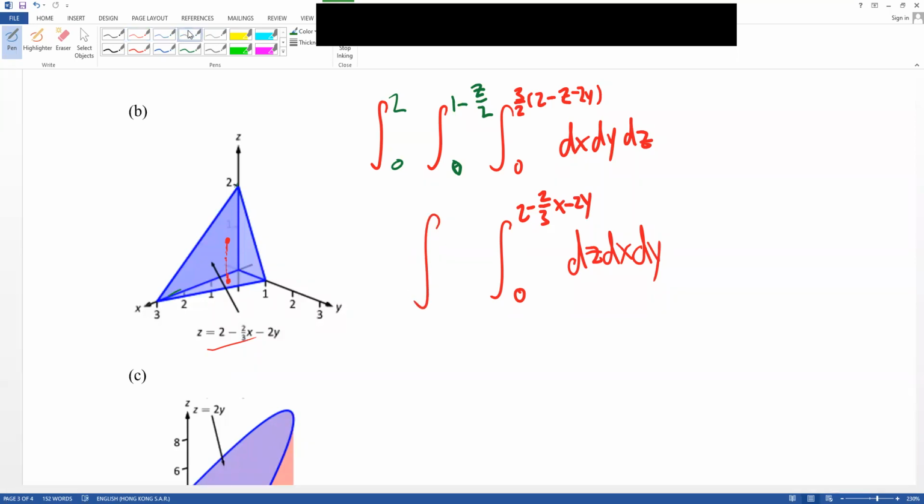And then again, the second step. The second step, I'm going to integrate along x. That means I'm considering a plane